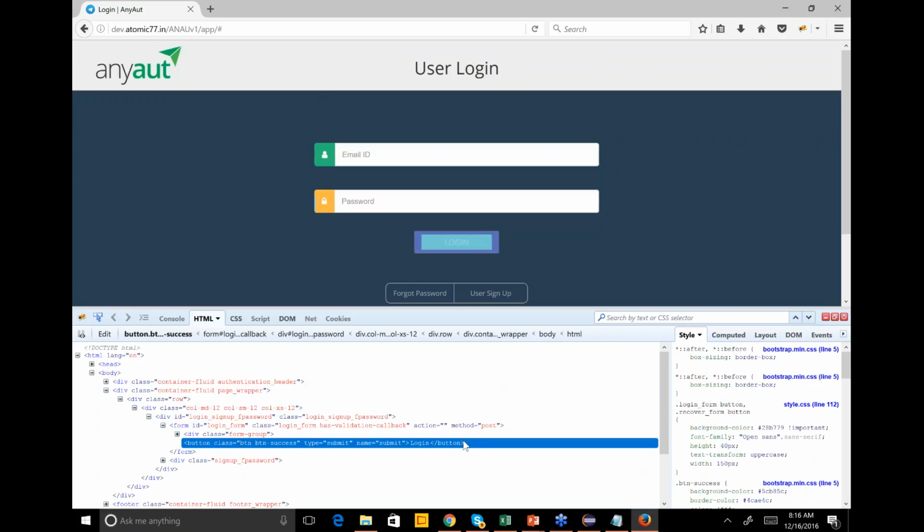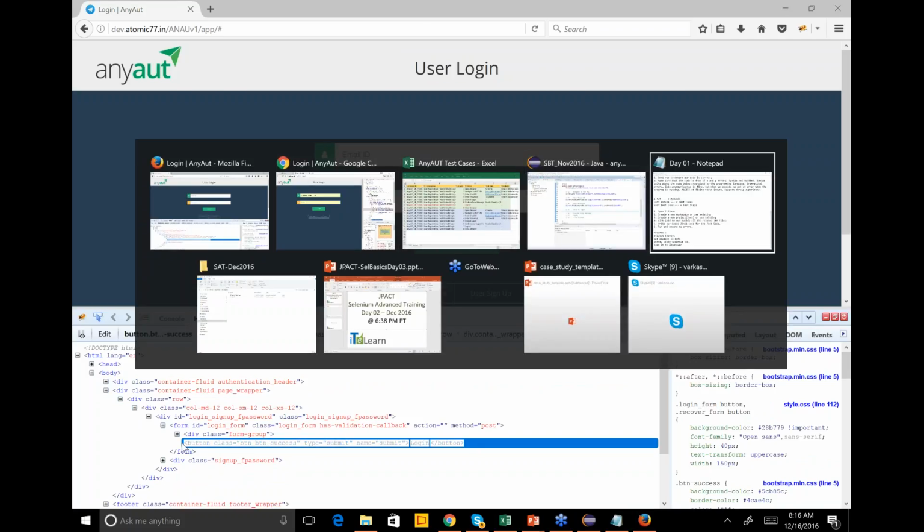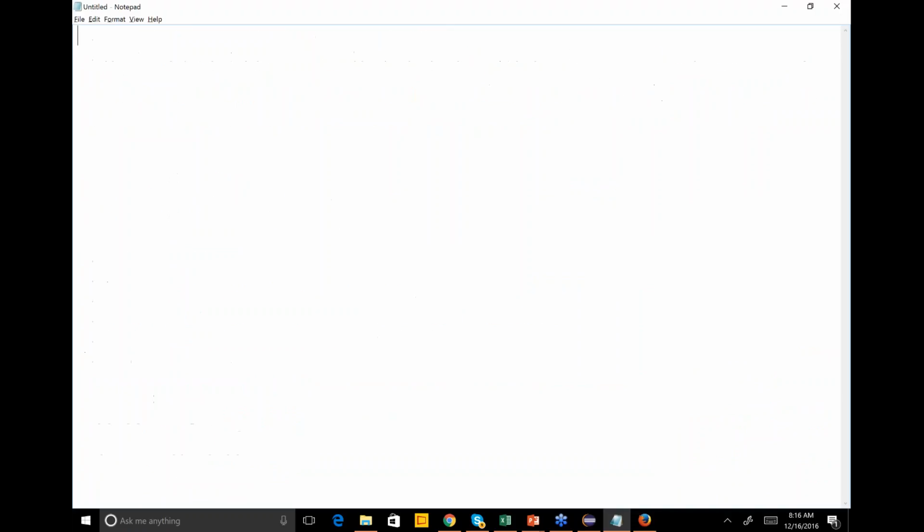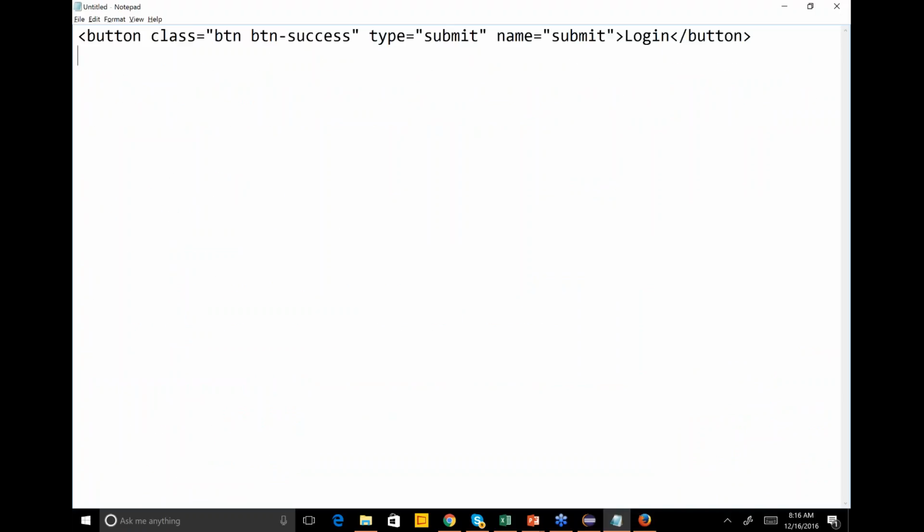Login. So here's the whole code. I'm going to copy this code and put it in a new file. So the XPath for this is,